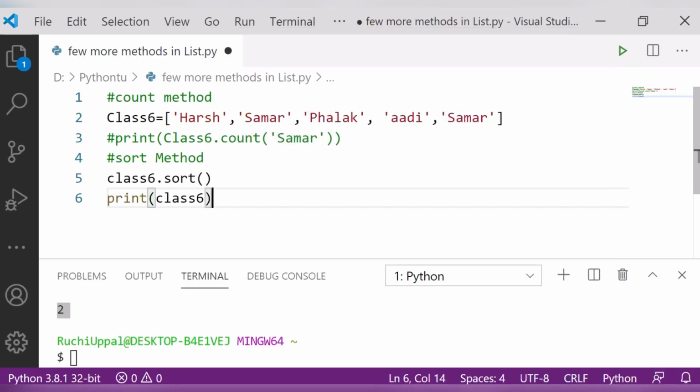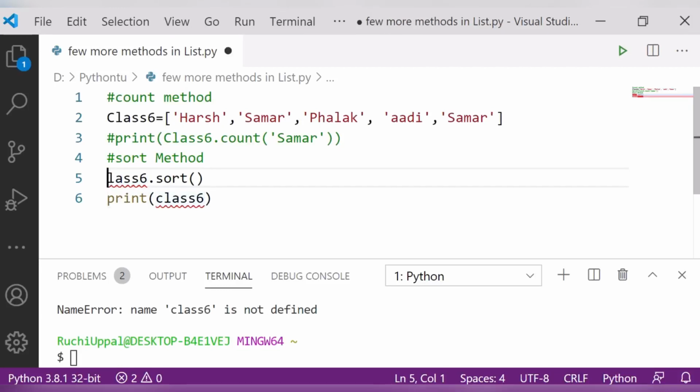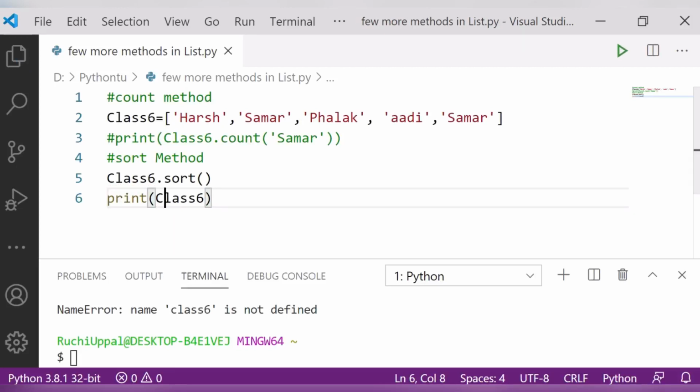Control S. It is saying that class 6 is not defined. So let's check now what is happening. These are the little things that we have to take care of while coding. Okay, so we got our list.